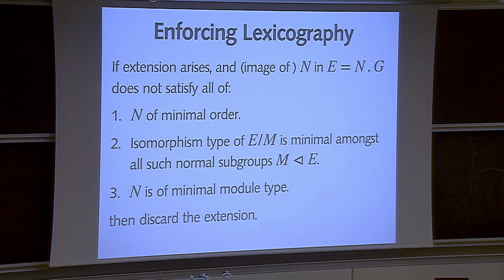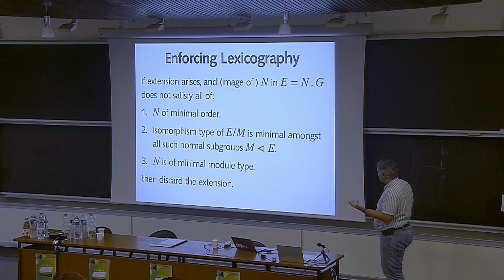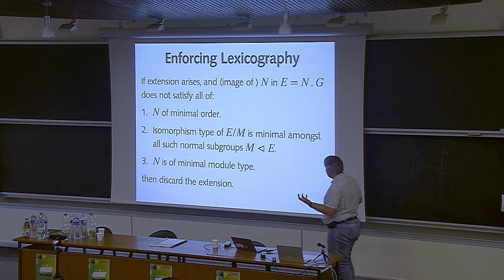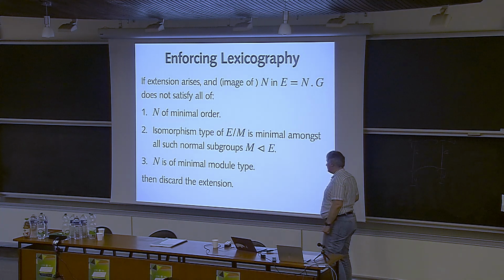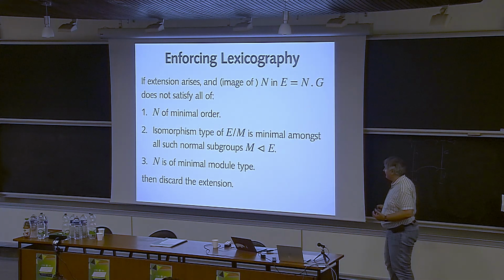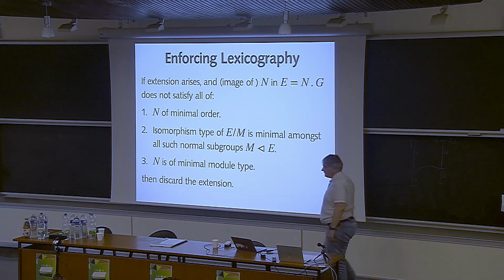For one of them, it's G. For others, it might be a different one. I require that this isomorphism type of the factor is minimal. I want that then for these factors, N is of minimal module type. If not, I just discard the extension immediately, because I know I will construct an isomorphic one again for cases where this lexicographic minimality is